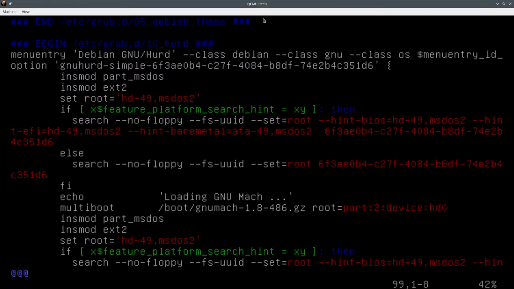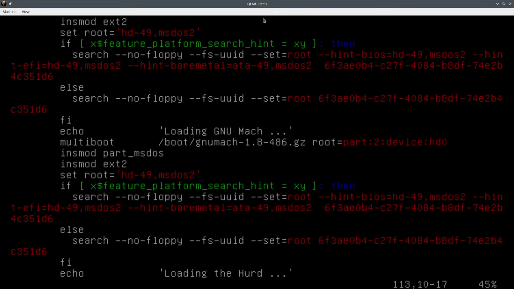Okay, so we have here how to search all of this, and here there is what we wanted to have here, which is loading new Mac. Okay. And so you do the multiboot thing, which is something like new Mac version.